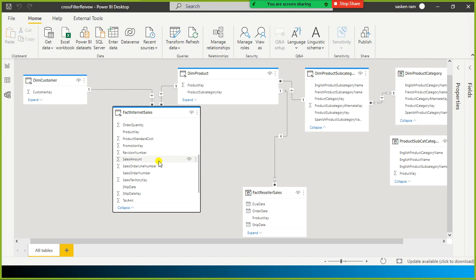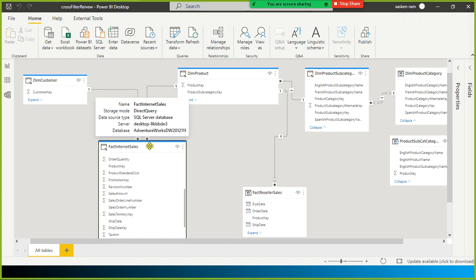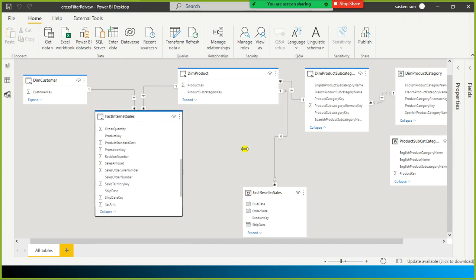To provide context to this amount or quantity numeric value, we need the descriptive information. We don't store that descriptive information in a single table. We store it in dimension tables. We already discussed why we are not storing all the information in a single file: it can lead to redundancy. We don't want to store everything in a single table.